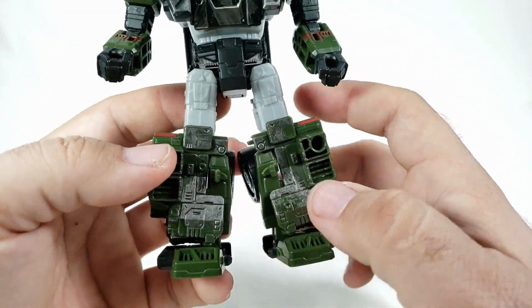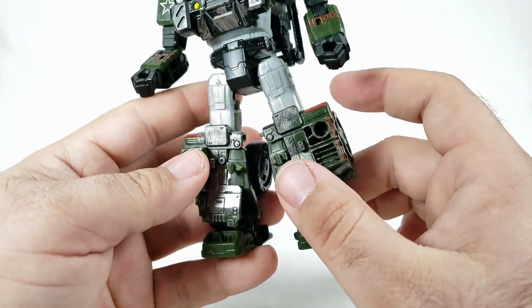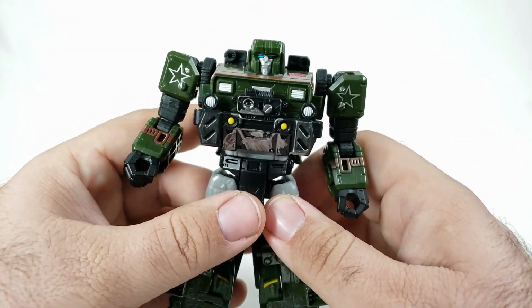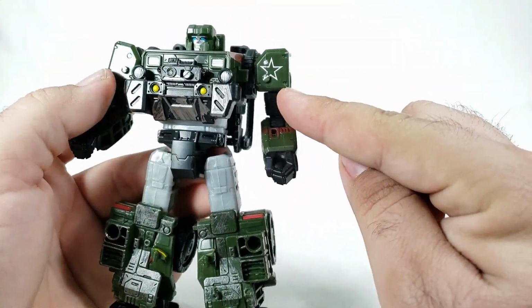I think some alcohol can get it off. I have some decent thinner that should be able to do it, hopefully without melting any plastic. But I'll try the alcohol approach as well, because I would really love to dry brush these and weather them up myself. Now, of course, we don't really gain anything new, but we do see the stars on the shoulders